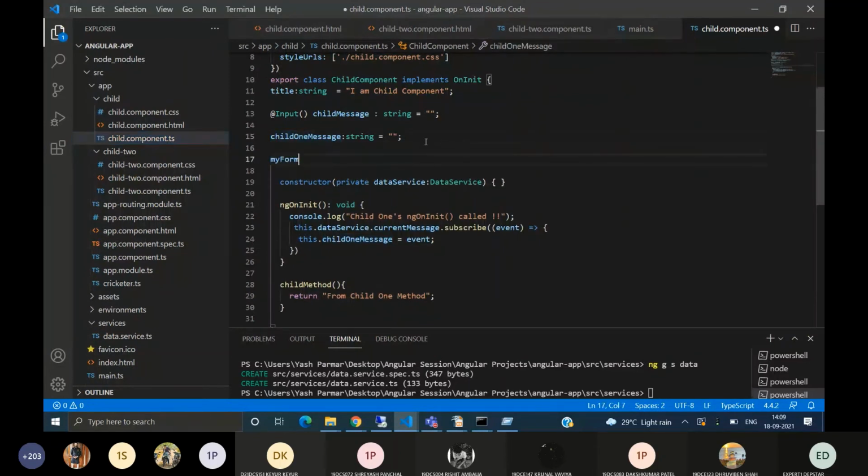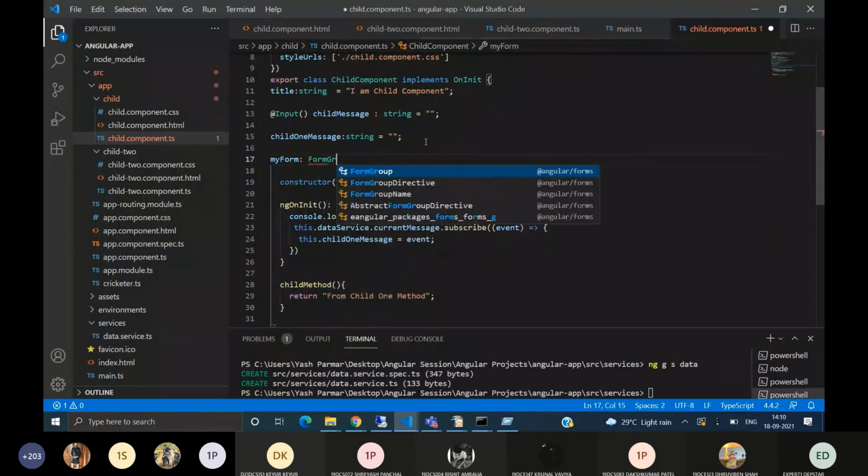Create myForm group. We always use form group, as a form has more than one form control element in it.